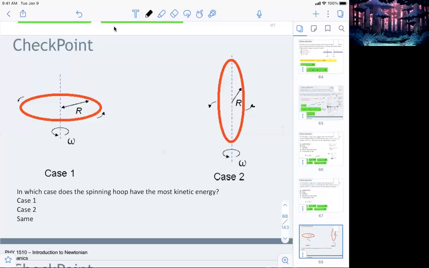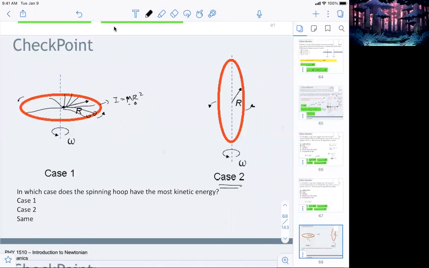Because this is giving you the I as mr squared. So all of the masses have the same distance away from the center, right? So if you add all of the little masses, it's like the total mass times the same distance they have, mr squared. However, in case two, if you're spinning this ring or the hoop,